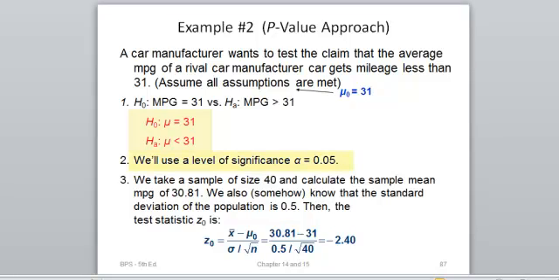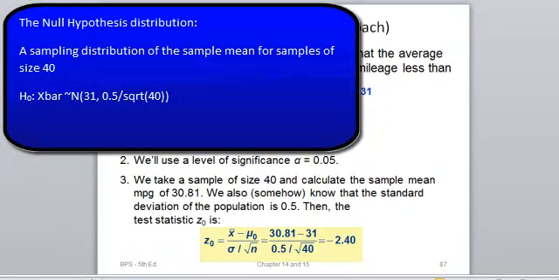If it's not said, we're going to assume a significance level of 0.05. There was a sample of 40 and the sample mean was 30.81 with a sample standard deviation of 0.5. So with that, we can calculate our test statistic. Our null hypothesis distribution has a mean of 31. It's approximately normally distributed because our sample size is 30 or more, with a mean of 31 and a standard error of 0.5 divided by the square